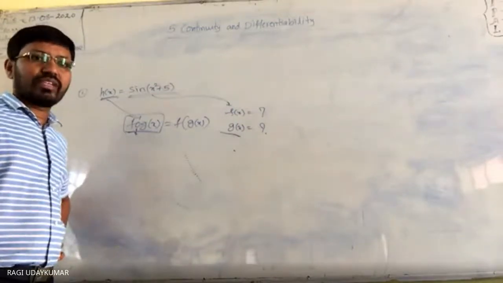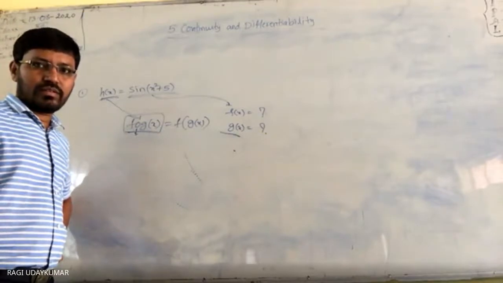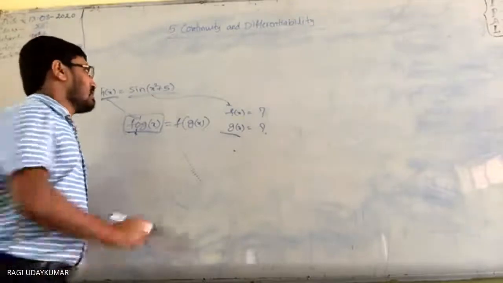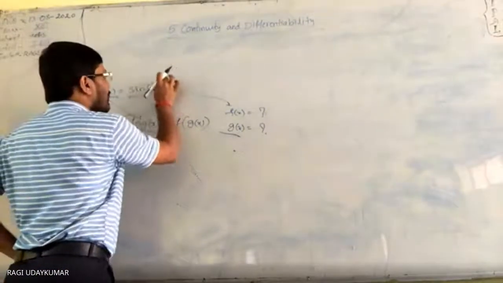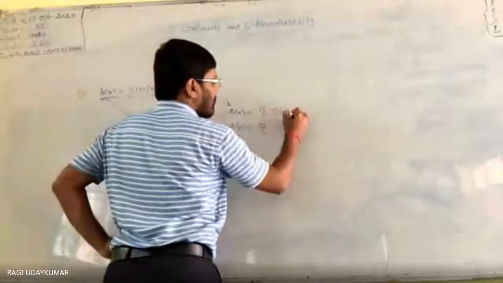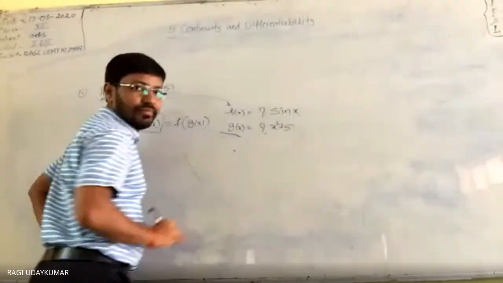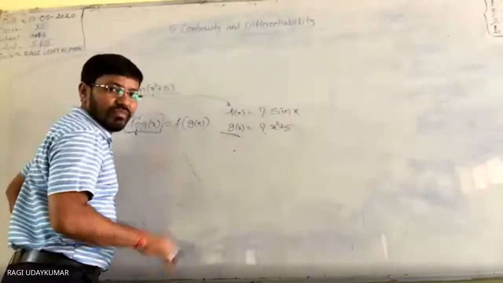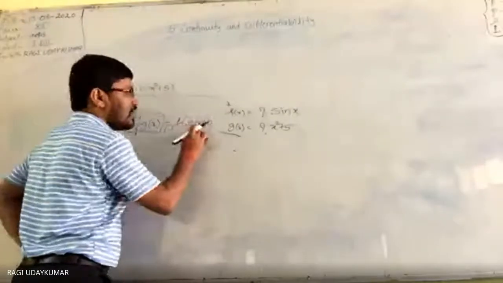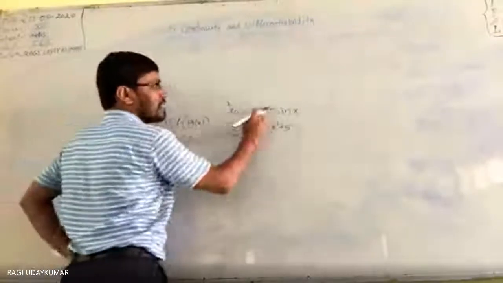Differentiate, you should be ready to say this one. See here, this completely you consider it as x. Then it becomes sin x. And g of x is equal to x square plus 1. To check whether it is right or wrong, what to do here? F of g of x. G of x is nothing but x square plus 1. F of x is sin x.